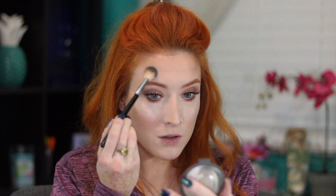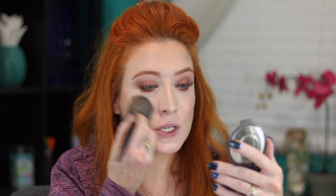And then for my favorite part of life, love this highlighter. My favorite highlighter for when I am my natural skin color. This is the Becca Cosmetics highlighter in the shade Pearl. Oh my god. This is the best highlighter when you are fair. Oh, I love it. I always feel like it makes me look like a porcelain doll when I get this highlighter on. And then sometimes I just kind of go back over with some blush, just on the apples of my cheeks. Oh my god, how dare I forget the inner corners. So I like to take this highlighter and put it on the inner corners of my eyes